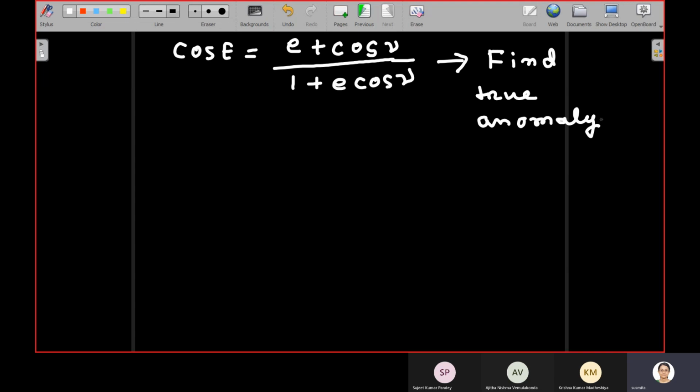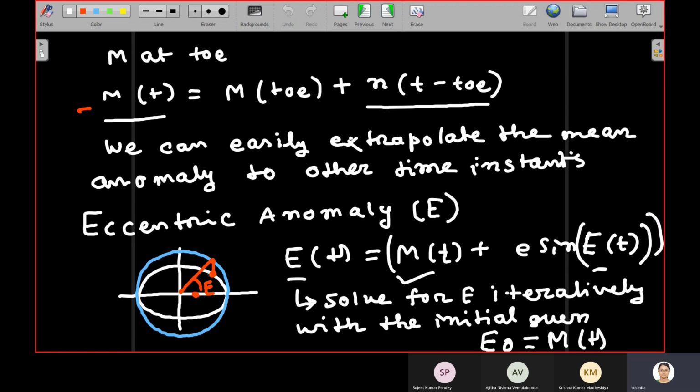Or another approach is to see where the imaginary satellite is. The real satellite will be in the same quadrant. So this way we can get rid of the sign ambiguity. The imaginary satellite and the real satellite will be in the same quadrant. We have 4 quadrants. So either by using the sign of cos and sin, we can find the quadrant, or using the mean anomaly, we can find out in which quadrant the real satellite will be.